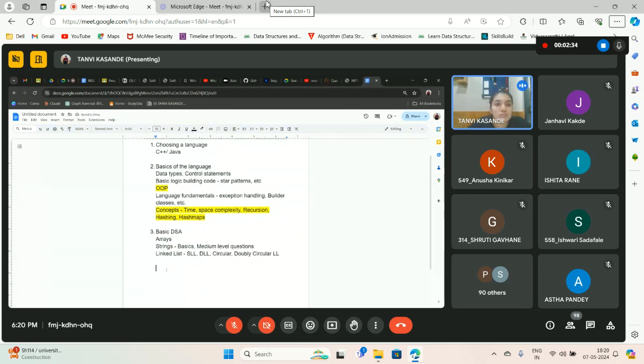I don't know how many of you are from the first and second years, or even third years. So I would like to mention here that arrays, strings, and linked lists are the very basic data structures that we have in any language. Stacks and queues are also basic, but these also have an array implementation as well as a linked list, which is why knowing these three data structures by heart is very, very important. And once you know arrays, strings, and linked lists, then you can move on to stacks, queues.